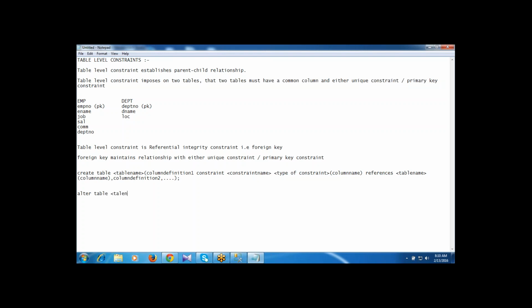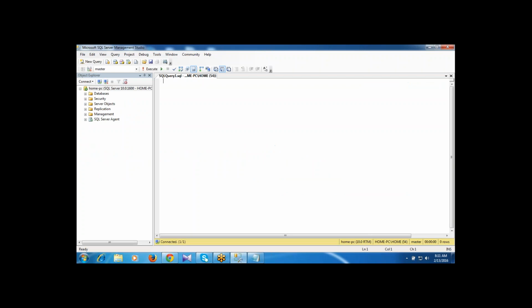Using the alter table syntax, I am writing: alter table, table name, add constraint, constraint name, type of constraint of column name, references, table name of column name. Friends, for example, here I am creating the tables. Use Anil DB.